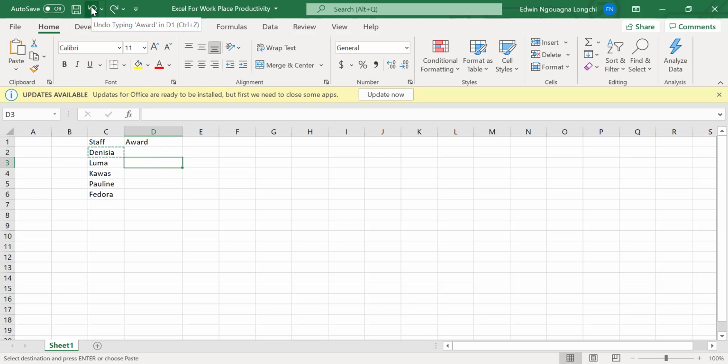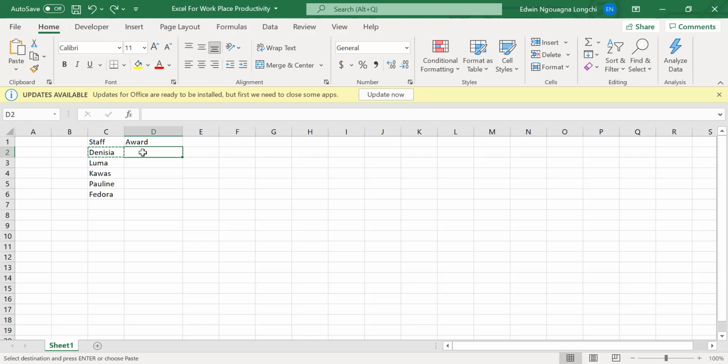But for those who are still beginning, from my experience, they prefer to use the buttons or the options here. So rather than pressing Control Z or Control V, somebody could just come here to redo or undo. When I point my cursor, you can see what it does. It says redo paste. If I click on it, you see the initial comes back. If I undo, it goes away. And these options can be done using Control Y and Control Z.